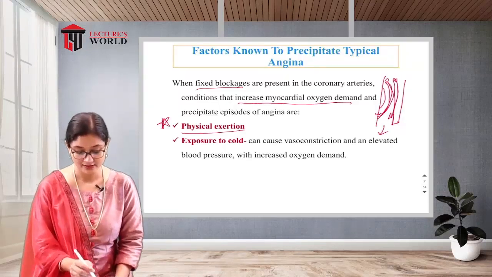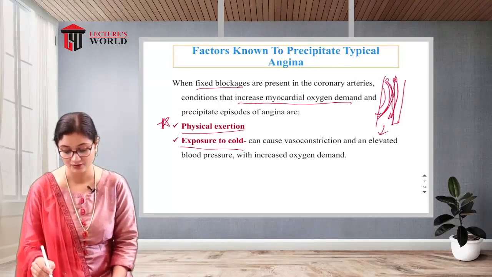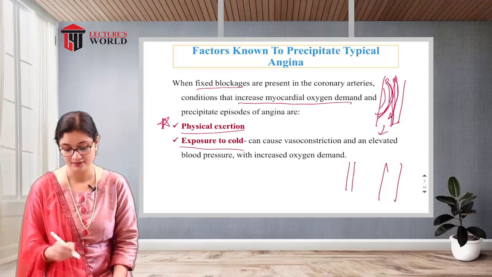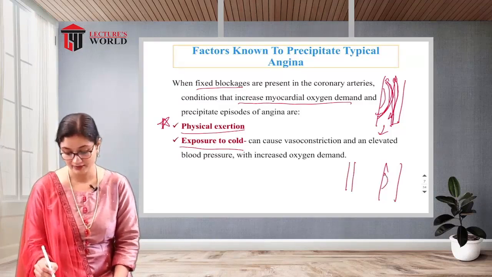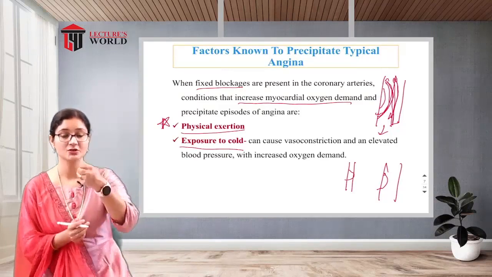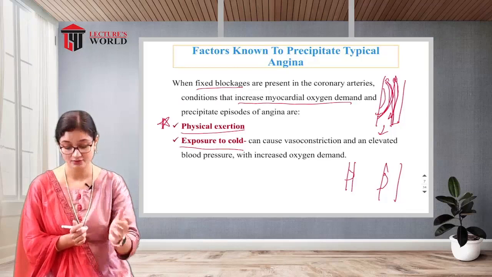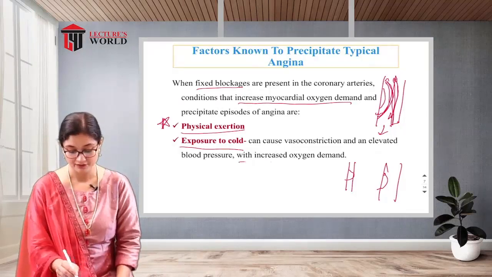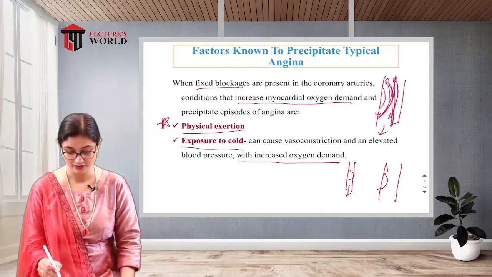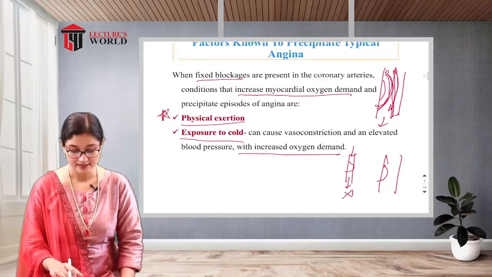Next is cold, which is common, because of what I was talking about, vasoconstriction. The vessels which are like this will become like this, and then this clot is going to completely block it. Vasoconstriction of the vessels is commonly seen in cold weather. And elevated blood pressure with increased oxygen demand. The demand of the myocardium is increasing, but it is not able to supply. Next is